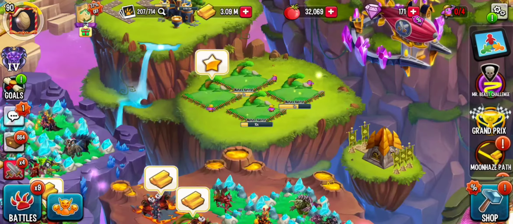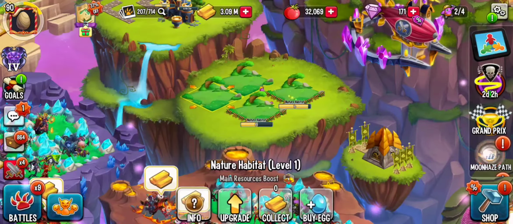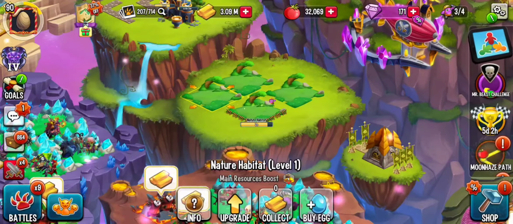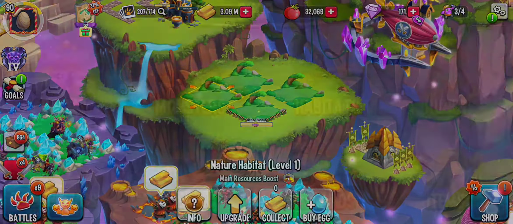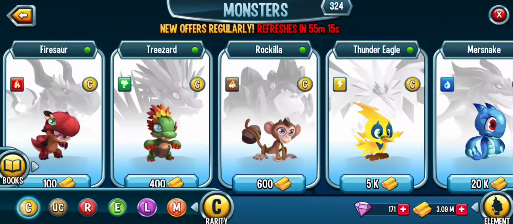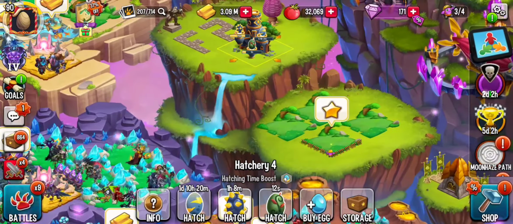Alright, once you have the 4 habitats, the next thing you want to do is work on getting the monsters that you need for breeding to make pandas in the first place. What you do is you come over here to the shop, you go to monsters, the rarity, you click common. Make sure your gem purchases over 20 is off in the game so that you don't accidentally click any of those big time monsters that you've seen before. But you come over here, you want to buy you Tracer, and then you want to buy you a fire